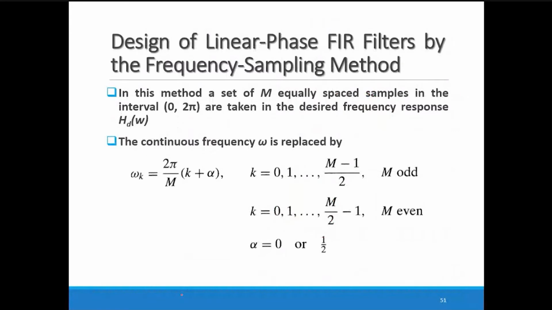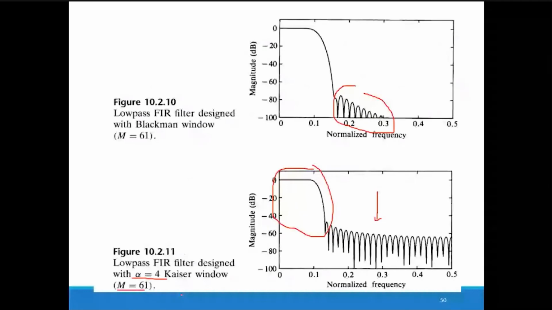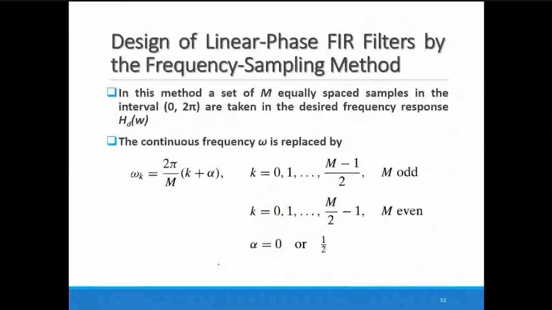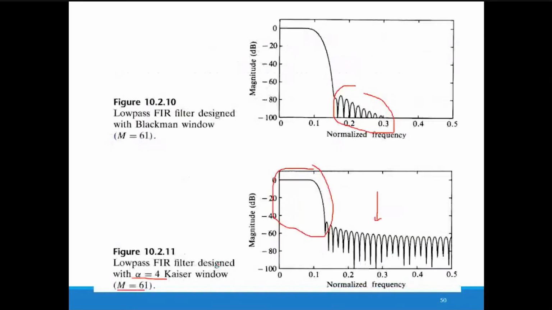All of you clear up to this? Here we discussed the design of linear phase FIR filter with the windowing method. In the next lecture, we will solve a few examples of designing this linear phase FIR filter, taking some specific values, and we design the filter based on the windowing method. Another method for filter design is this one, design of linear phase FIR filter by the frequency sampling method. All of you clear about the previous method, windowing methods? If anybody has any query, please ask.